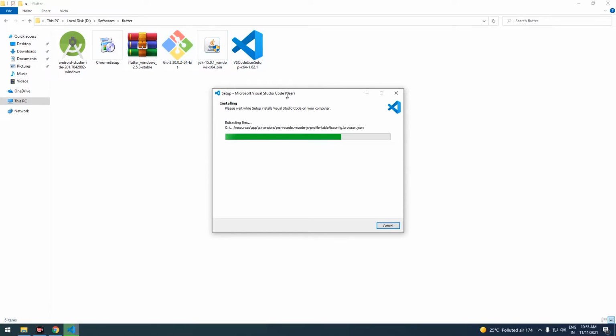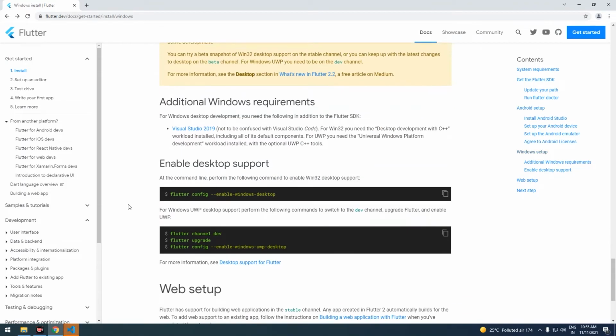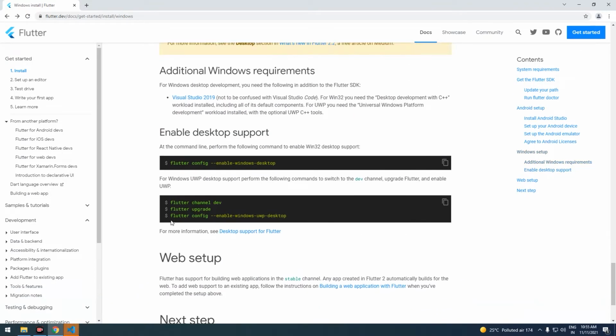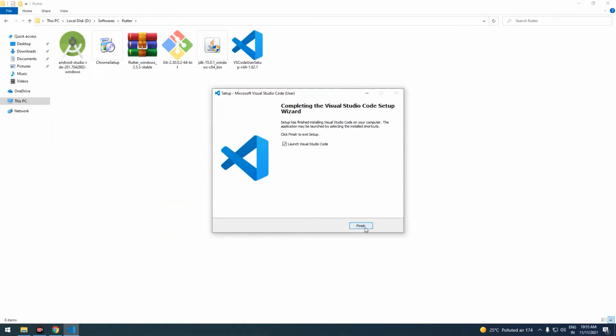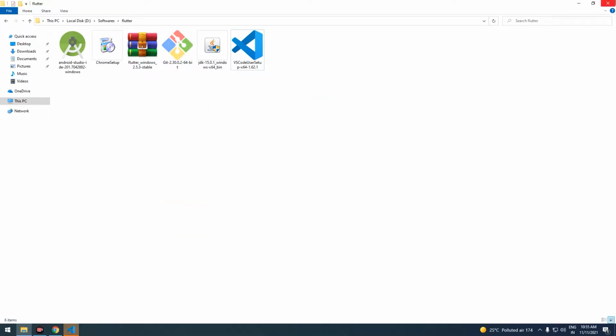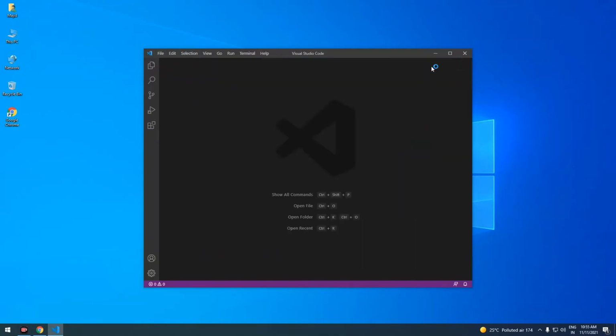We are almost done with the process. One more thing is that if you wanted to enable the desktop mode, you have to enable desktop. So just copy that and paste it onto the CMD and you'll enable the desktop mode for Flutter. So we are done with that and VS Code is open.